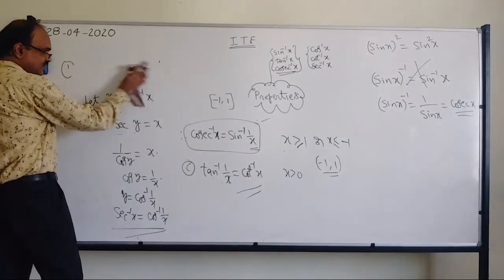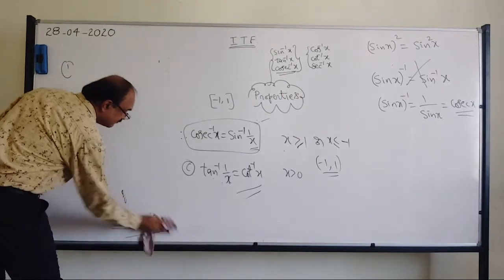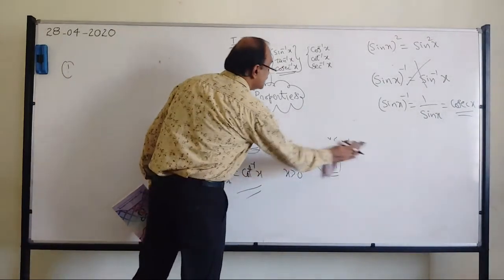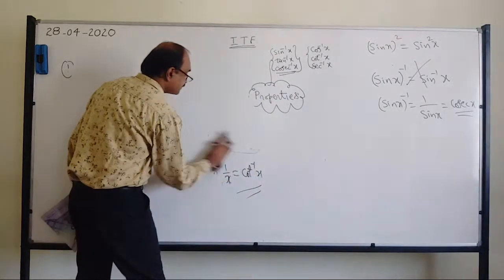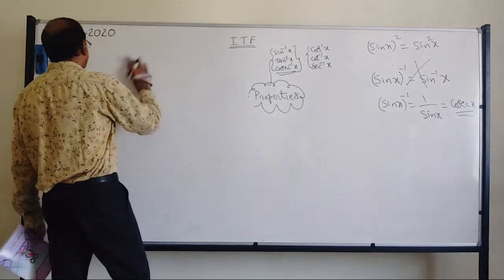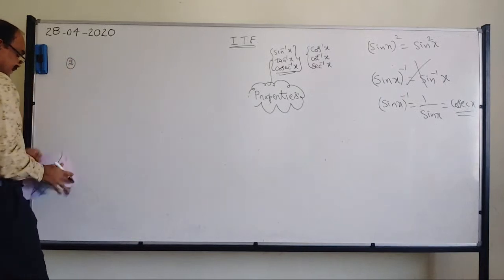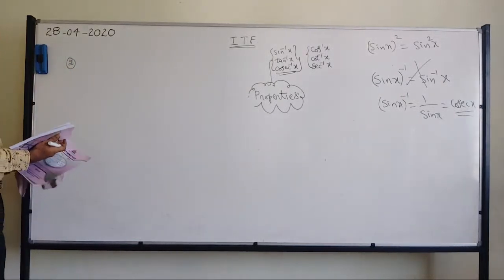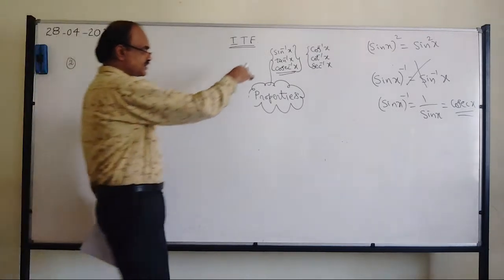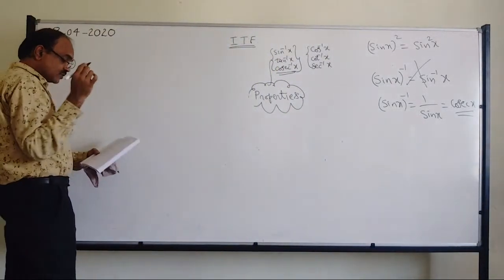Now we have written 3 here, A, B, C. Basically, sine inverse x can be written as cosecant inverse of 1 by x, or cos inverse can be written as secant inverse of 1 by x, or tan inverse can be written as cot inverse of 1 by x. That is the first property. The second property is also important. We'll take these 3 as one group and these 3 as another group. This is how the book also considers it.